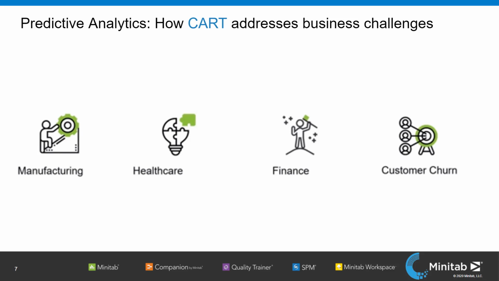Then this CART algorithm also helped a commercial bank which was losing customers at an annual rate of, I think, 12%, which is very high, leading to a 20% loss of top line revenue. So using this predictive analytics technique, they identified the customers at high risk of churning and then developed a targeted campaign for each customer segment, reduced their year-on-year churn by around 5%, and then boosted their profits by 20%. So this is how CART, this predictive algorithm, can help all of us.